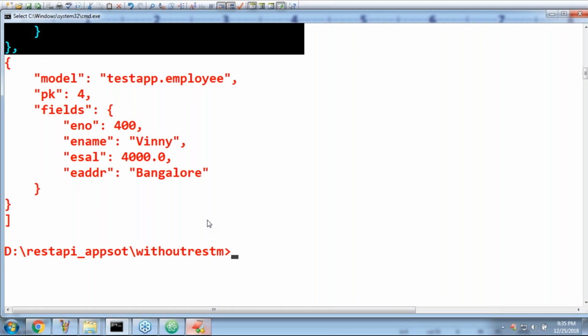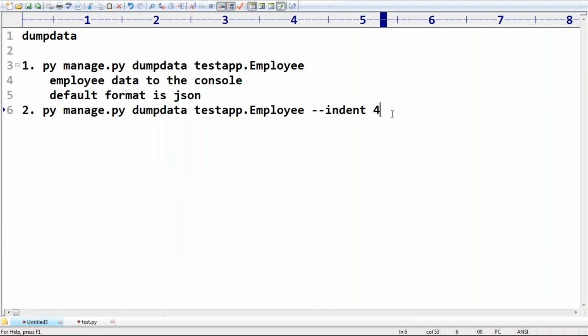Yes, friends. Now, if you want, you can ask for XML format also, no problem at all. What is the way to ask for XML format? Very simple.